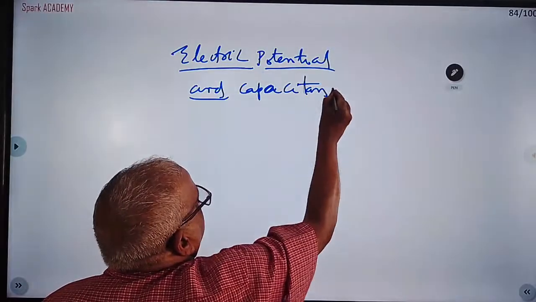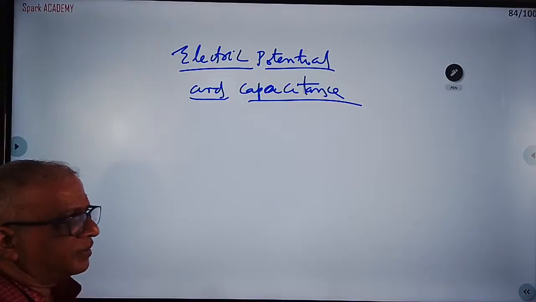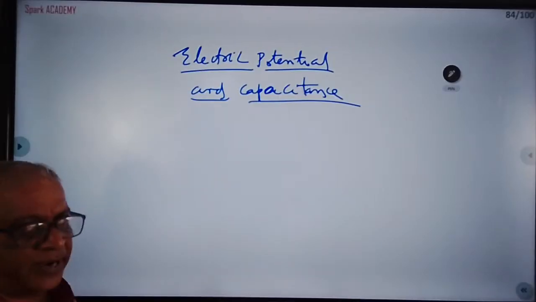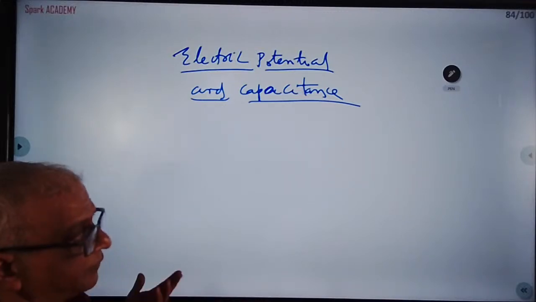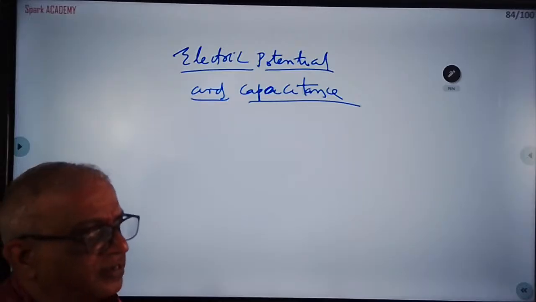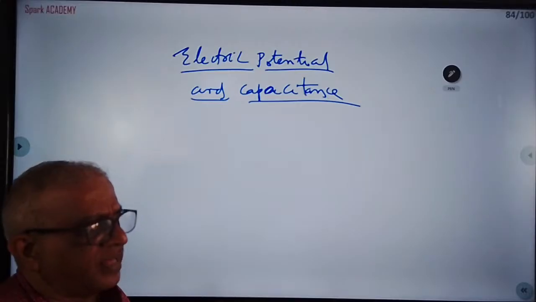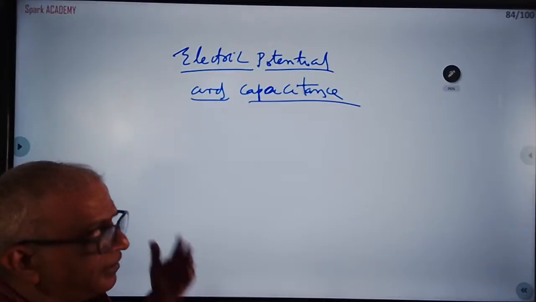Capacitance is very important. Electric field, electric potential and capacitance. In this, one question compulsorily comes. From each mentioned chapter, one question definitely comes. If you get these questions that I am discussing, you are very, very lucky. 85 to 90% these questions will come. In electric charges and fields, you can get the axial line of a dipole also, because you are preparing for torque, they may ask the axial line of a dipole and electric field also. There is a 10% chance, but I discussed the more important ones.